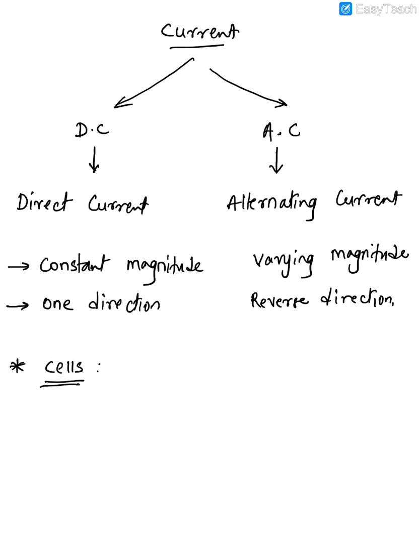Now guys, what is a cell? So here we are talking about which cells? Electrical cells. So far you must have done plant cell, animal cell and all. Here we are learning about an electric cell. So what happens in an electric cell? In an electric cell, we basically convert chemical energy into electrical energy. So that's how the electricity is produced.